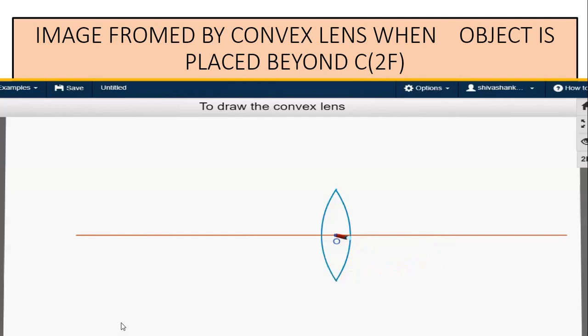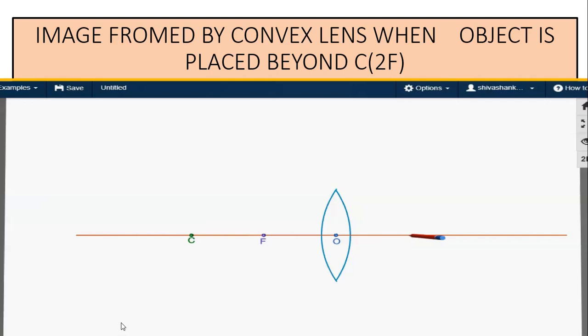Where you have to put the compass, for example, if you consider f as 2 centimeter from O, then C is 4 centimeter from O. If you take 1 centimeter it is too small, so I advise you to take 2 centimeter from O for f, then 4 centimeter from O for C. On the right side also, f is 2 centimeter from O and C is 4 centimeter from O. Then from point C, using a compass, draw a small arc on both sides, and you will get the lens very clearly.